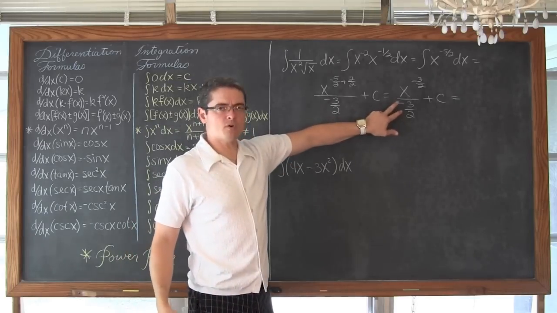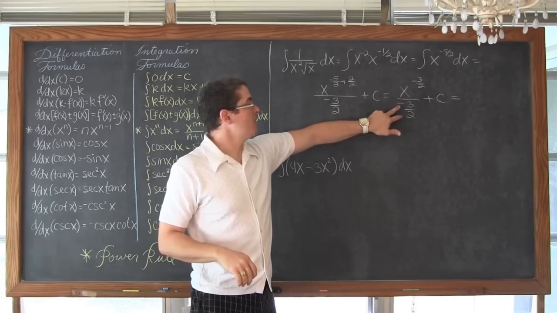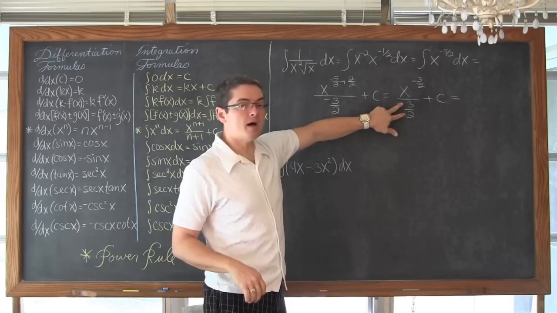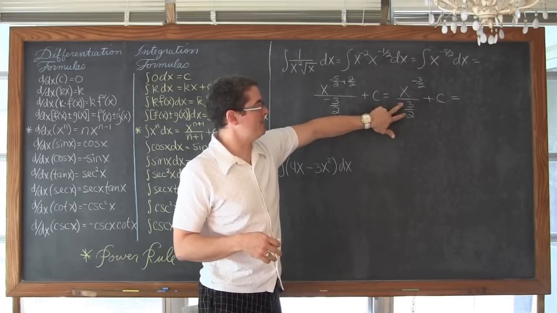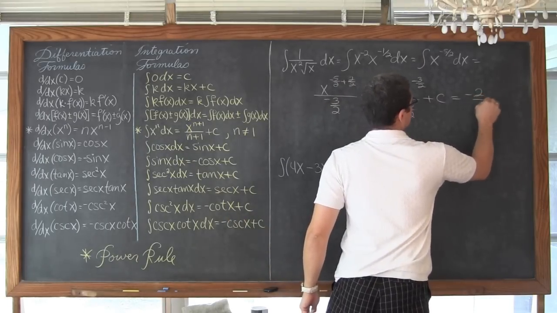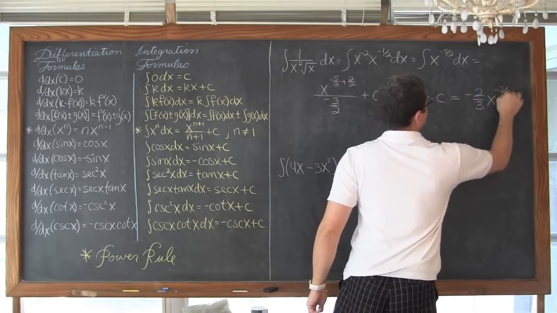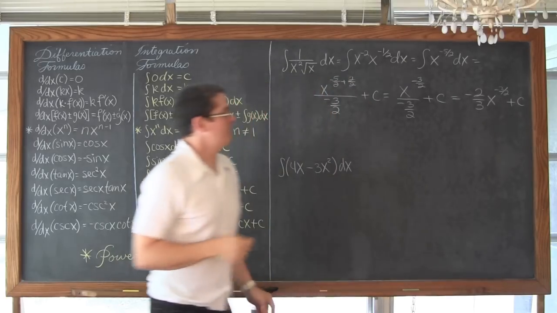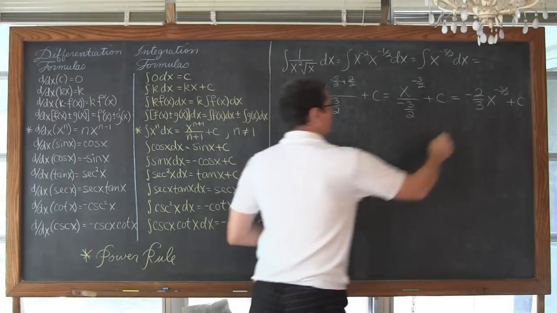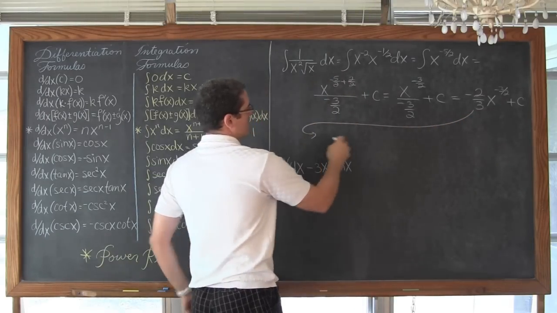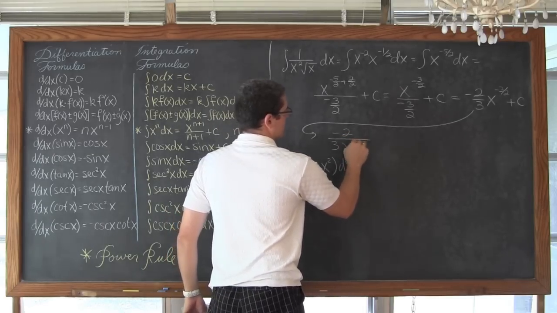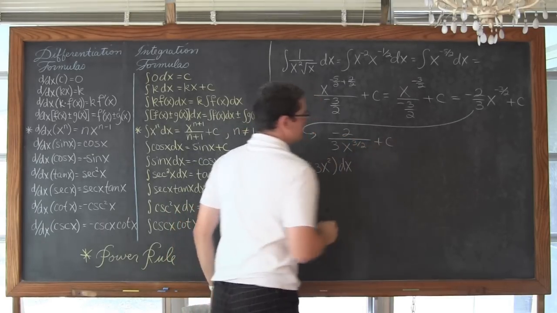And when we have this fraction in the denominator, we're dividing by a fraction, which is the same as multiplying by the reciprocal. So we're going to take this bottom value of -3/2 and flip it up and make it a multiplication of -2/3 and get a final answer of -2/3 x to the -3/2 power plus c. Now, if you really want to do your simplification very thoroughly and get rid of all your negative exponents, this can be written as -2 over 3 times x to the 3 over 2 power plus c.